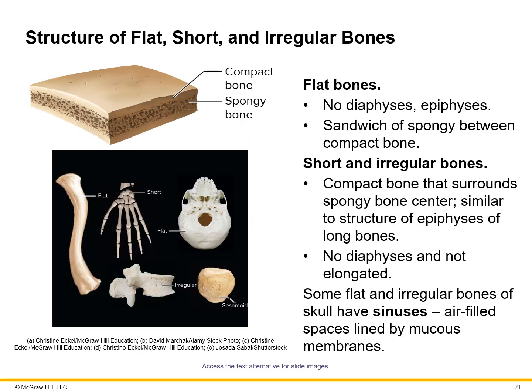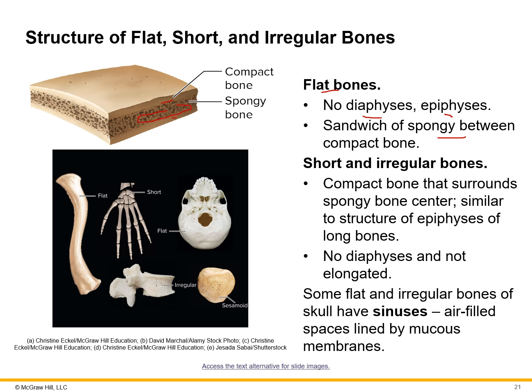Now, a few different types of bones that we have here. We already talked about the long bone, but we have flat bones. There's no diaphysis, so there's no shaft to it, or epiphysis, so there's no end and middle. It's just spongy bone sandwiched between compact bone. So what we see here is a bunch of spongy bone, and then we have compact on the top